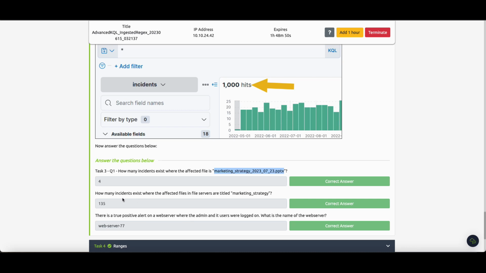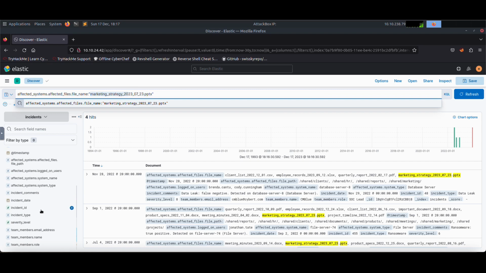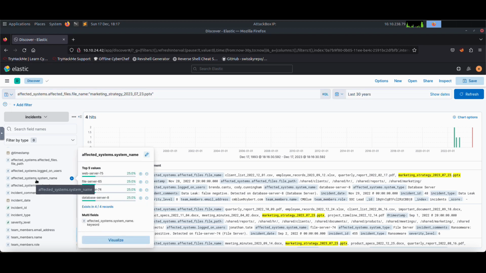How many incidents exist where the affected files are in file servers? So there is another filter here, and it is file servers, but the filter here is actually servers. So we have server types. Let's search for it. It has to be here, system name. Yes, as you can see, we have web server, file server, but actually it has to be system